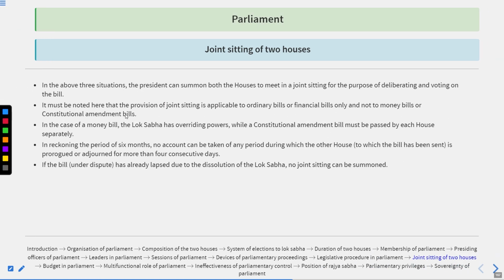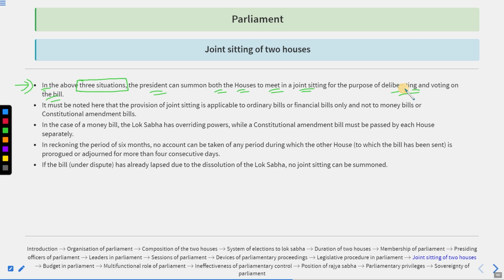Now let's move forward. So now we have several other things to consider. Like we could say, in the above 3 situations that have been mentioned over there, rejection of the bill, introducing amendments but rejected by the other house, not taking any action. Okay, in any of the above 3 situations, then the president can summon both the houses to meet in a joint sitting for the purpose of deliberating and voting on the bill. It means that the president will admit the situation and will call for the joint sitting